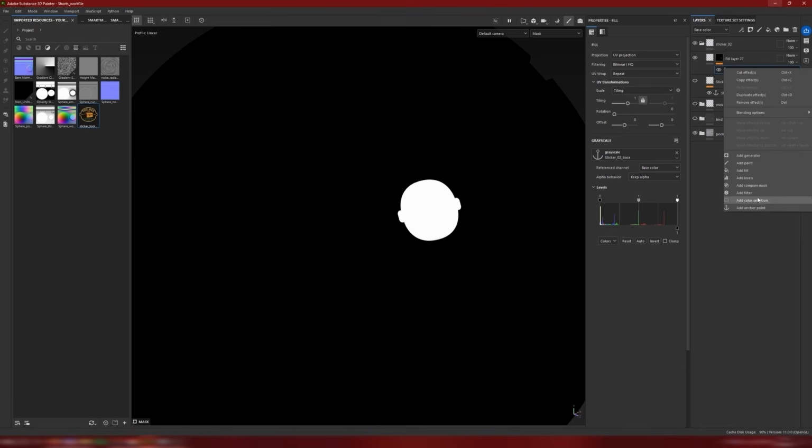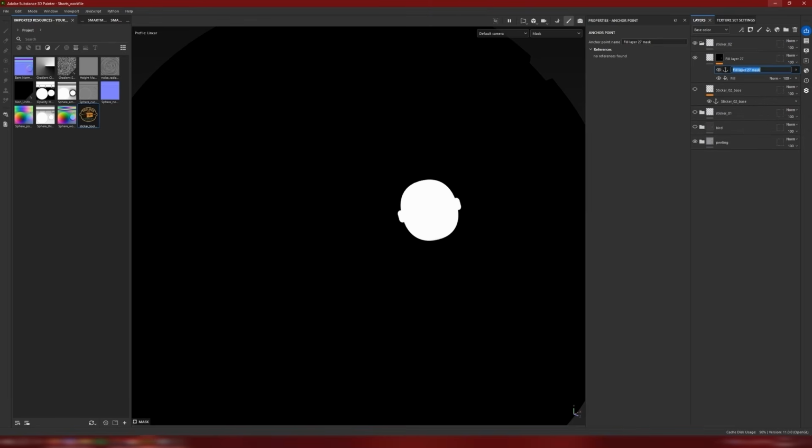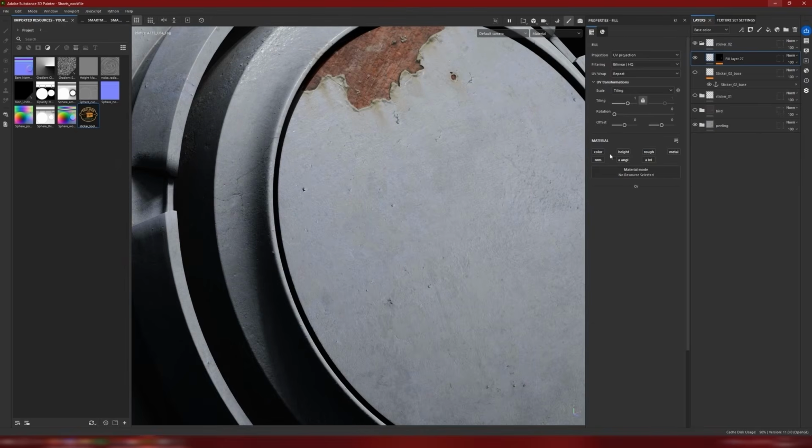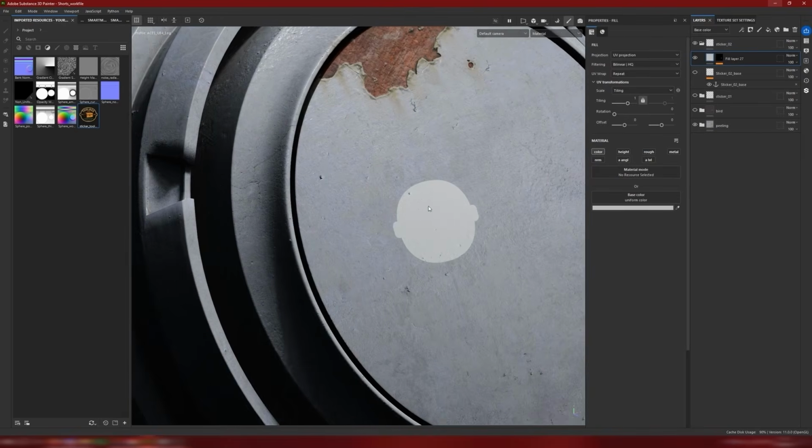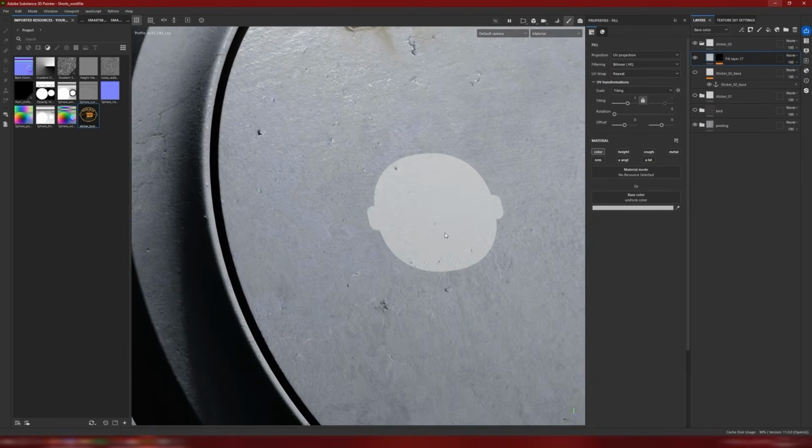You can go ahead and add an anchor point to that and call it base sticker 02 undamaged, because it doesn't have any damage. So if we just want to have this, we can go ahead and add a color. You can also add a texture